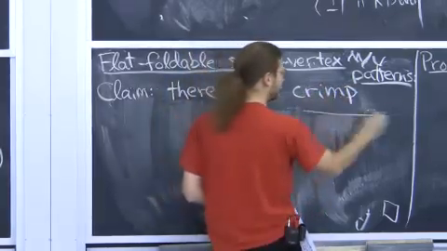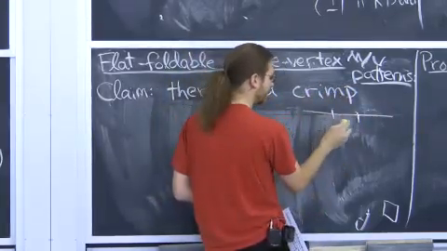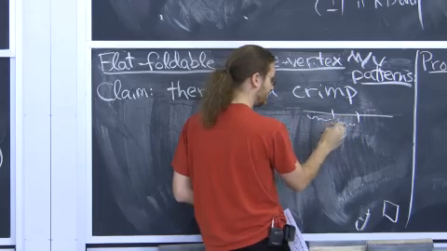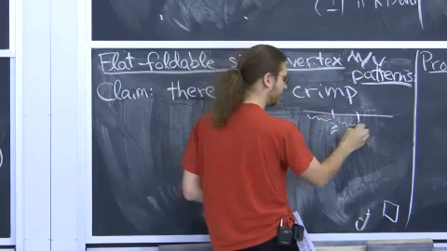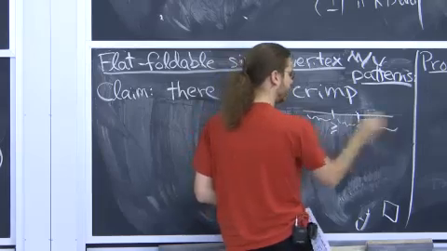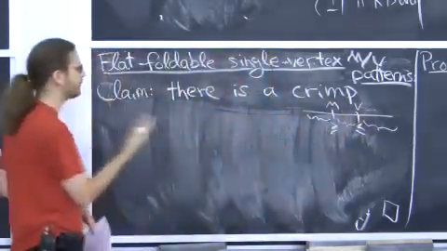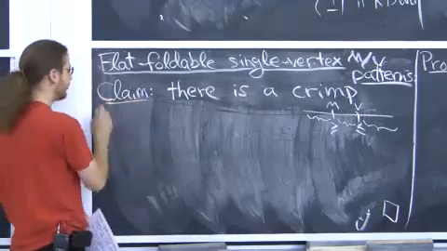Remember, a crimp was where this length was less than or equal to this length and less than or equal to this length. And one of these was m, one of them was v. That was the definition of a crimp. Claim: such a thing always exists. The proof is